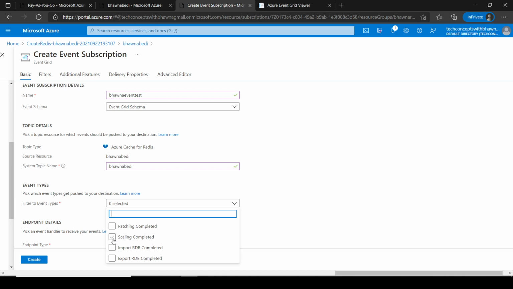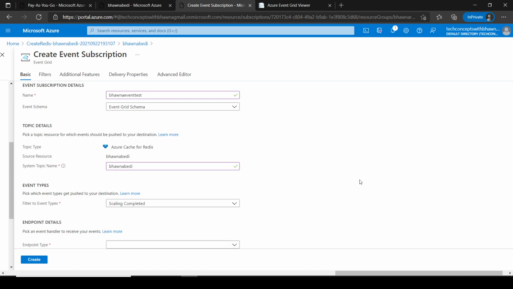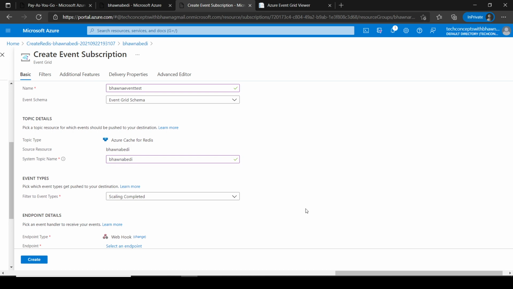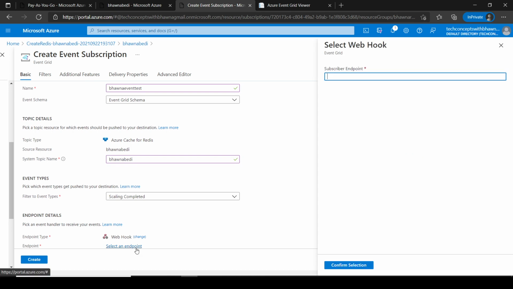So let's say we are selecting scaling completed. So whenever any scaling is happening in the Redis cache, in that case my web app should be notified, right? Then I'll go down to endpoint type. This endpoint type is webhook for us in this case, and we have to select an endpoint.